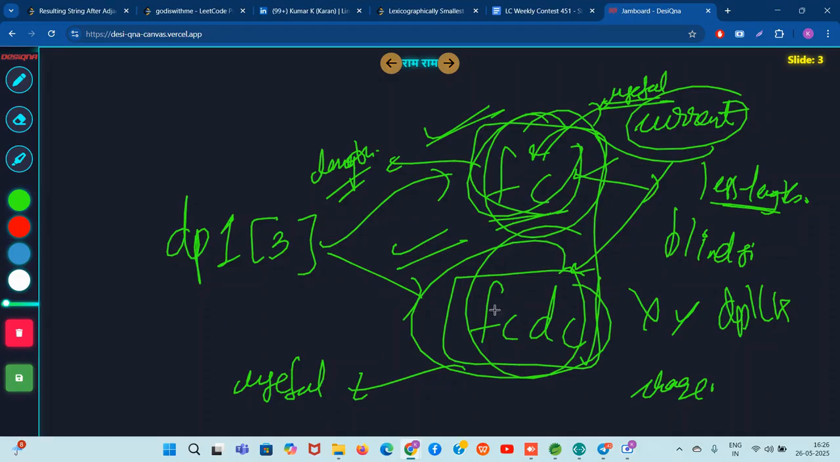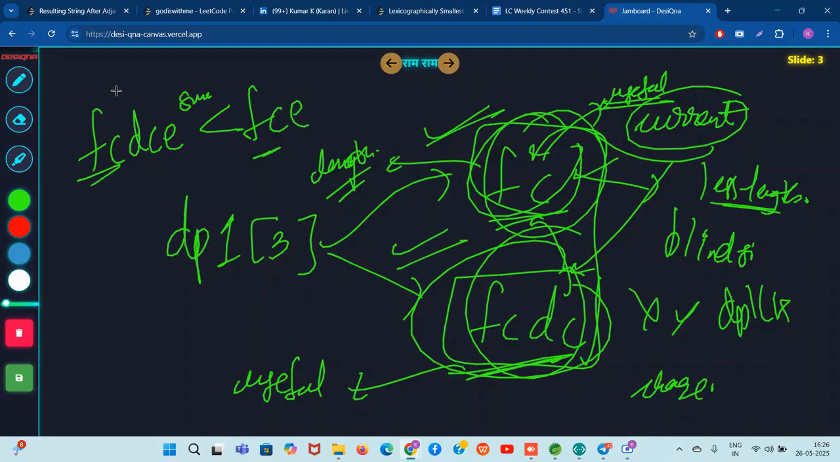In lexicographic minimum, a bigger length string can be lexicographically smaller than that. For example, FCDCE is smaller than FCE. Why? First two characters are same, but at the third position, D is smaller than E. That's why. So we will do this important observation,